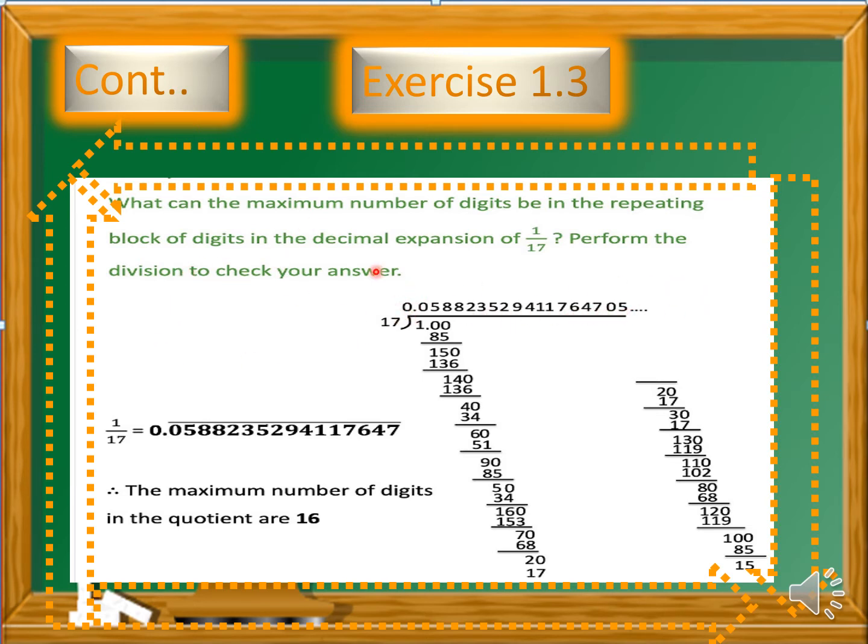So in a non-terminating decimal expansion, we can see repeating blocks and they can be represented with a bar, as you can see here also with a bar. So it's the same method we are going to try here, and we have to find the maximum number of digits in the repeating block. So when we divide 1 by 17, we can get the answer as